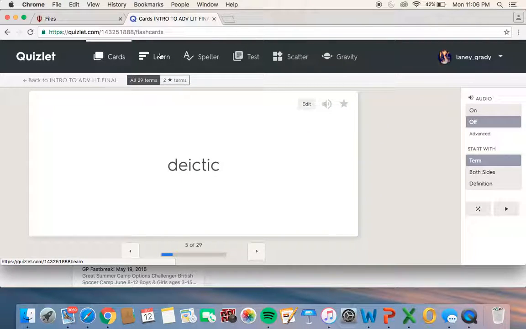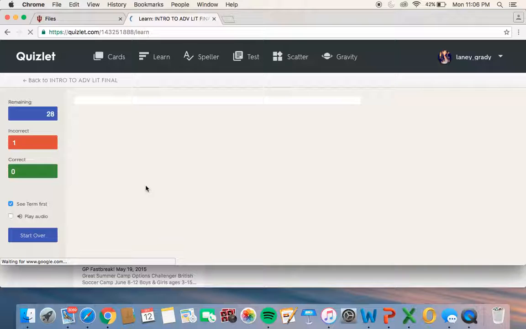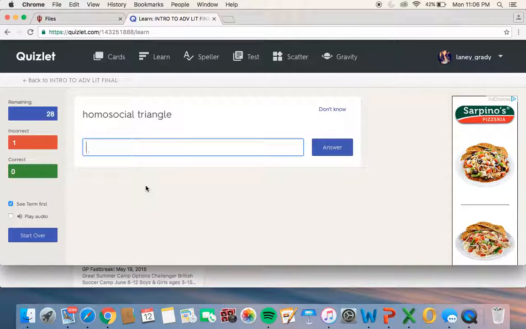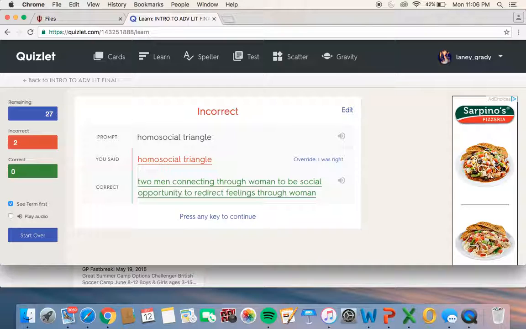You can, like I said, actually go through and be able to completely type out the words. So you're retaining information by doing this actively. Spelled it wrong, but